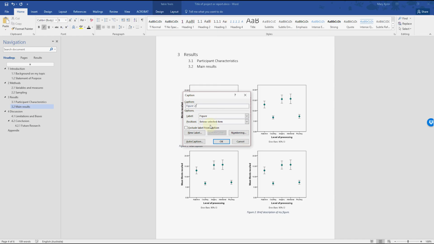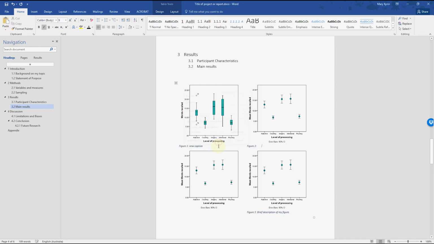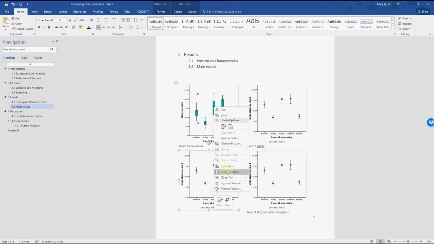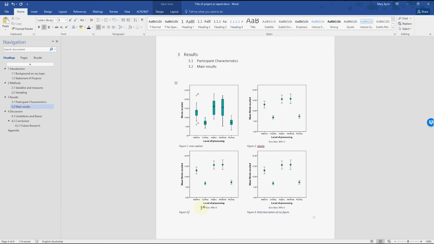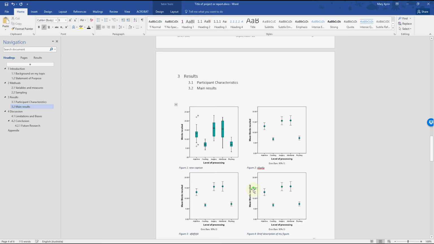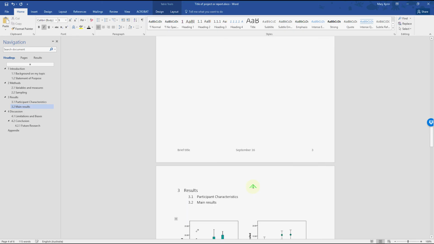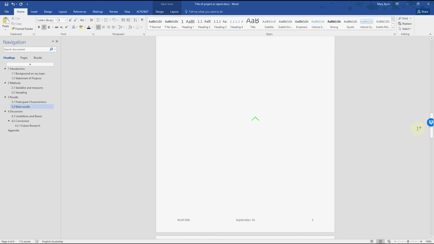Insert caption. I'm just going to leave that blank. I can come through later and add stuff in here if I want. Insert caption. Add something in there. Now they're all numbered properly. If I decide to take one out and delete the caption, it'll renumber them. So if I wanted to have a table of figures to list them all out at the beginning of the document,